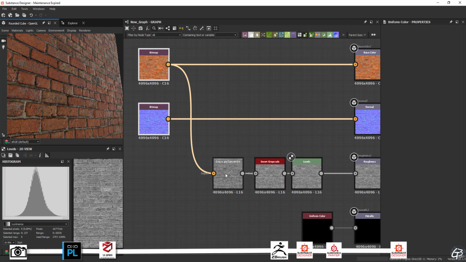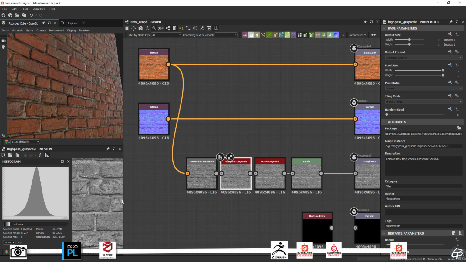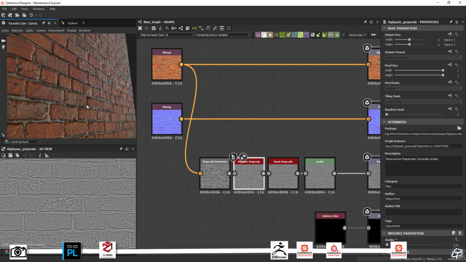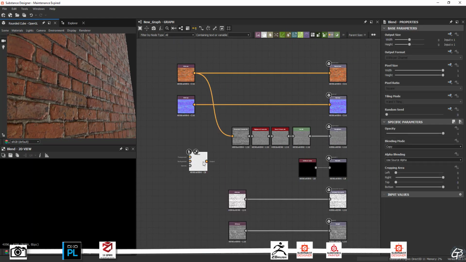To get more consistency across the roughness map, let's process a high pass on it. Since usually areas in shadow shouldn't be reflective, let's multiply the result with the ambient occlusion map.